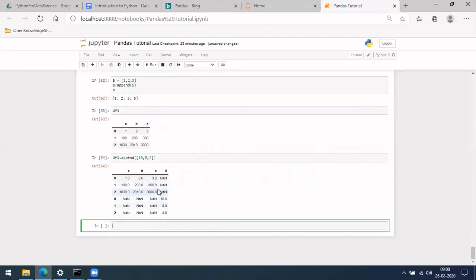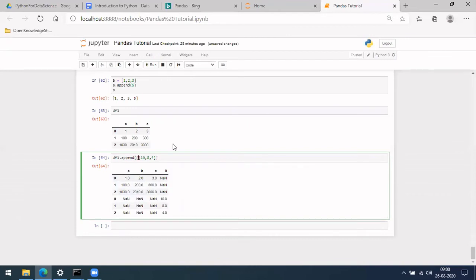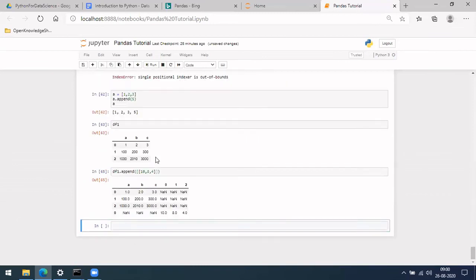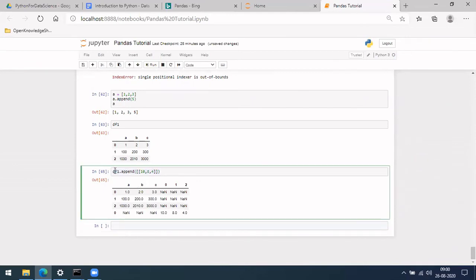be careful a bit. Sometimes what happens is it will add it in a new column, or else it doesn't know that it will be a column. Let me tell you one more thing.